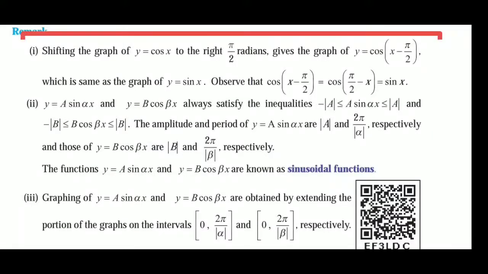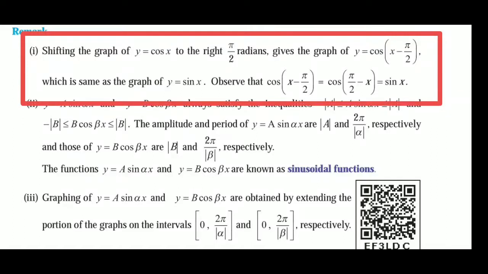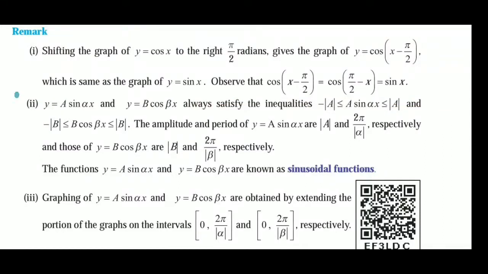Shifting the graph of y = cos x to the right by π/2 radians gives the graph of y = cos(x - π/2), which is the same as the graph of y = sin x. Observe that cos(x - π/2) = cos(π/2 - x) = sin x. Second, y = a sin αx and y = b cos βx